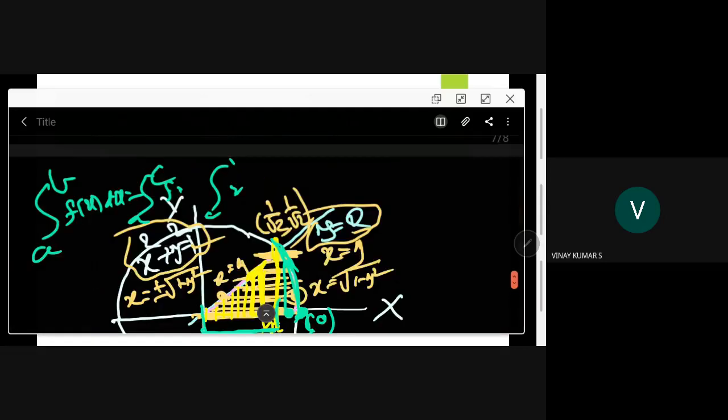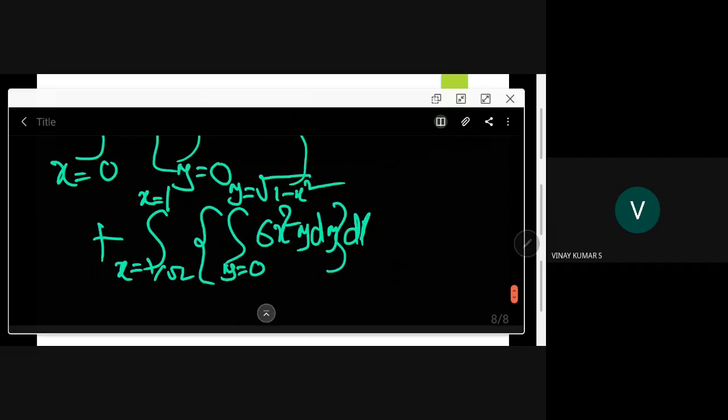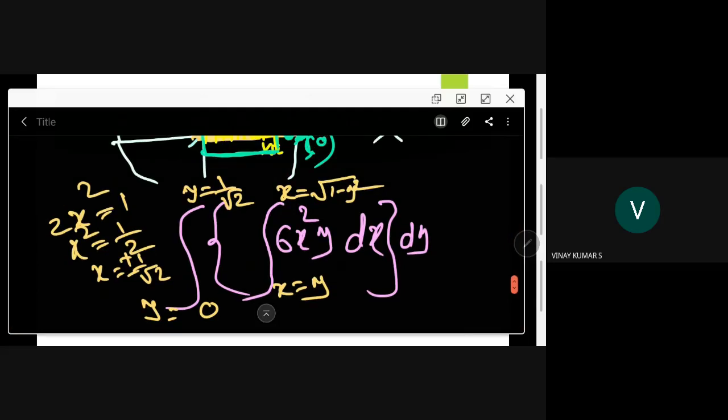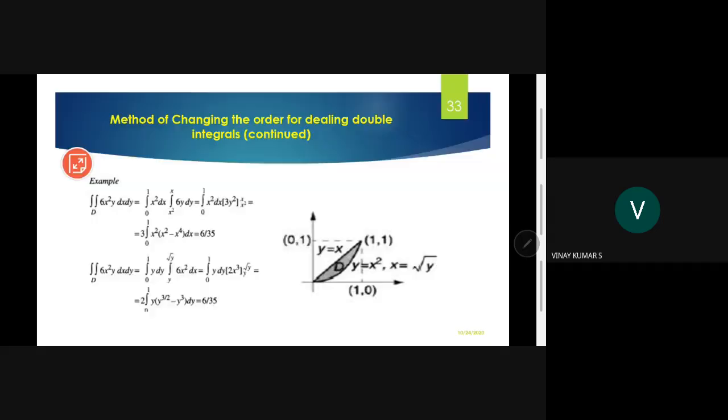So you need to integrate two integrals here. Why should we waste our time? So the best choice is this. Changing the order also reduces the computational time, and in such a way you have to choose the order of integration. That is why it is one important technique for evaluating multiple integrals. Right. I hope we understand this.